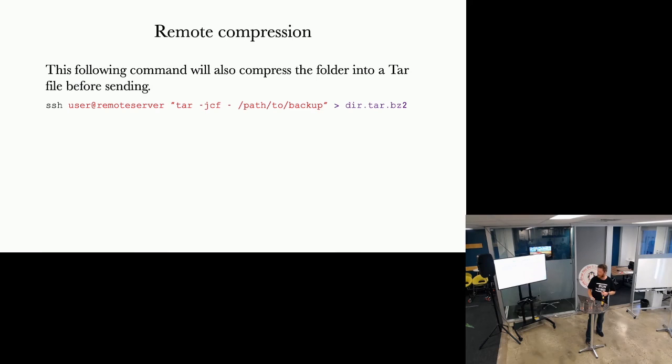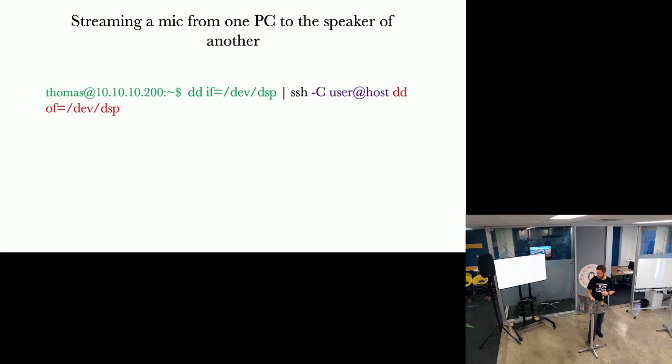So you can also see here you can compress data before you want to move it around remotely. You can send a command that will tar compress files on a remote server before you choose to chain that up with a SCP. You can even stream the audio from one computer to the speaker of another computer somewhere else remotely using an SSH tunnel, which I think is pretty cool. I don't know why you'd want to do that, but it sounds pretty fun.